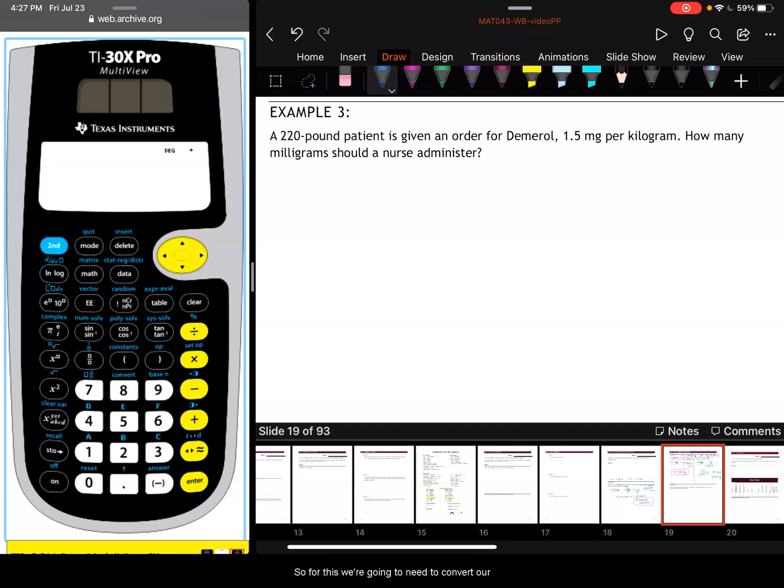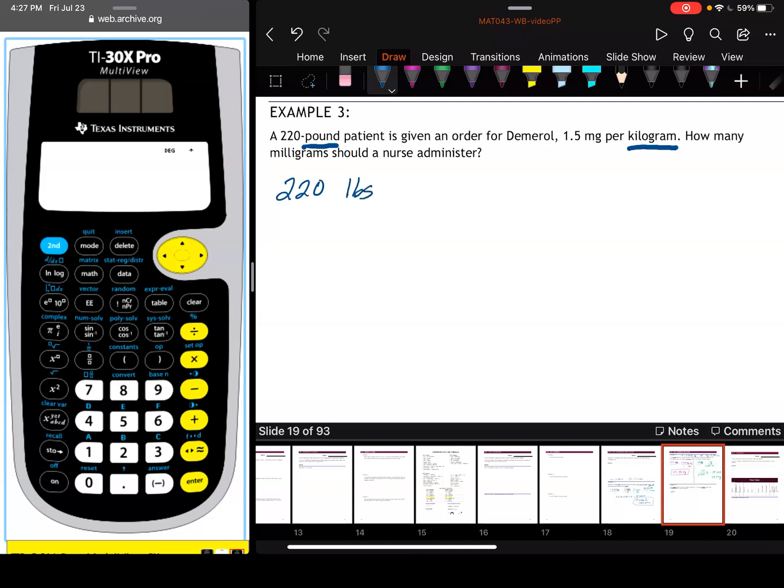So for this, we're going to need to convert our patient weight, those pounds, into kilograms, and then we'll use that information to go back and find out how many milligrams we're going to need. Okay, so first we're going to turn the pounds into kilograms, much like we did in our example 2 video. So let's start with our